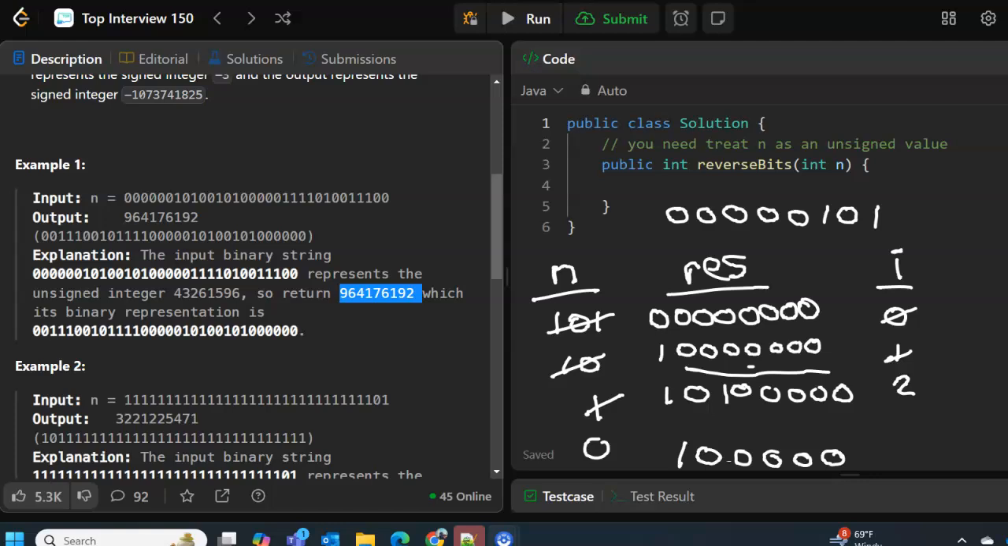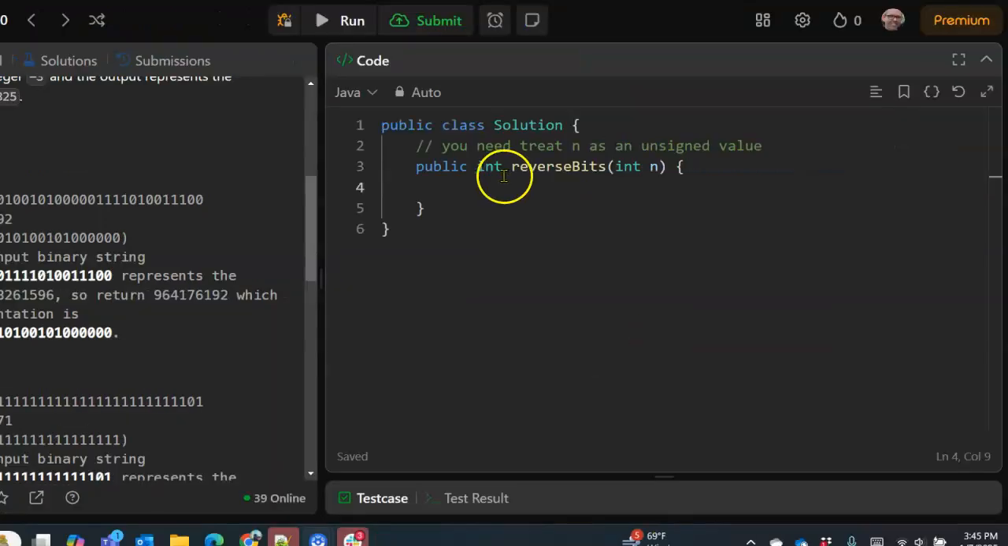All right, so let's try and implement that. The first thing is we need something to return. So we were calling it res, result, initially 0. All right, so now we're going to loop over the 32 bits of the input. So for int i equals 0, i less than 32, and